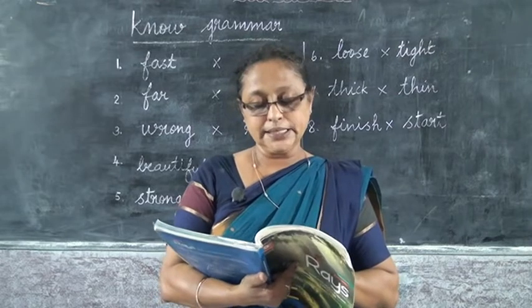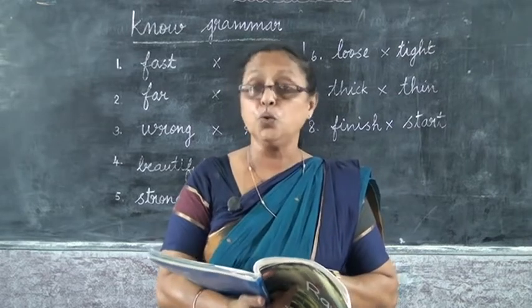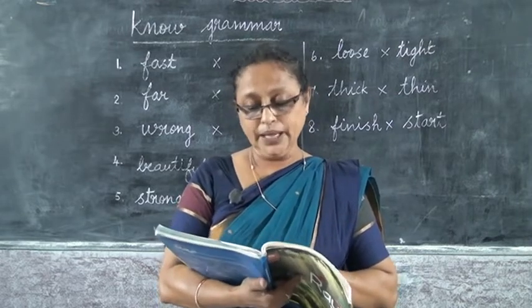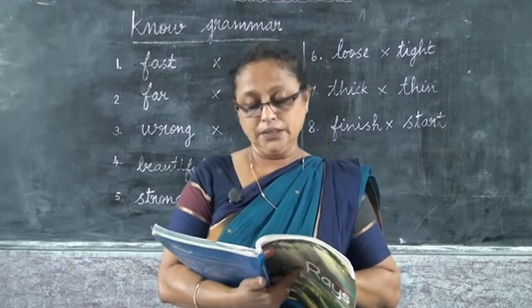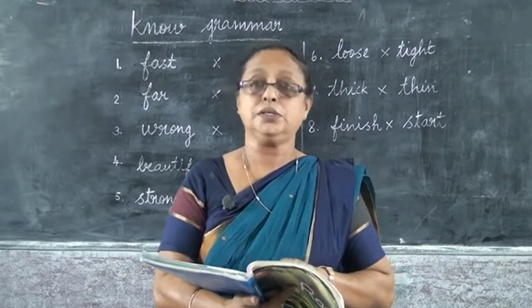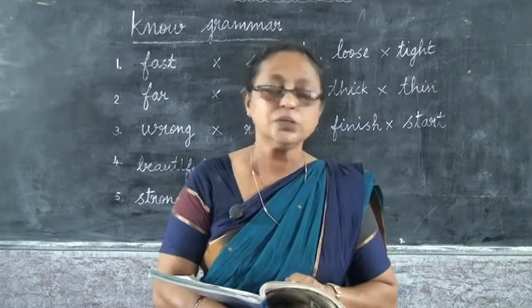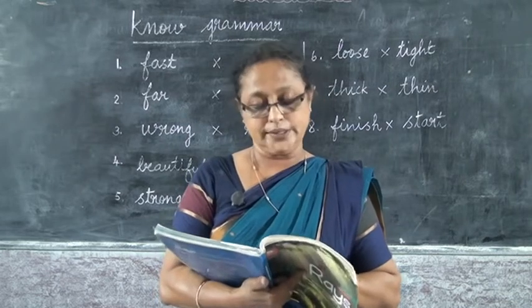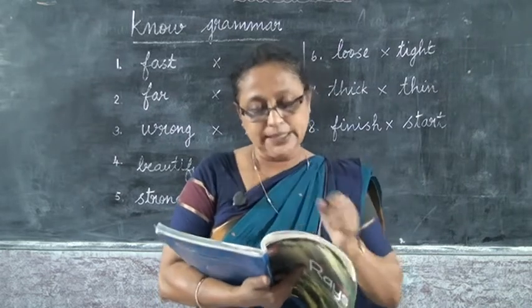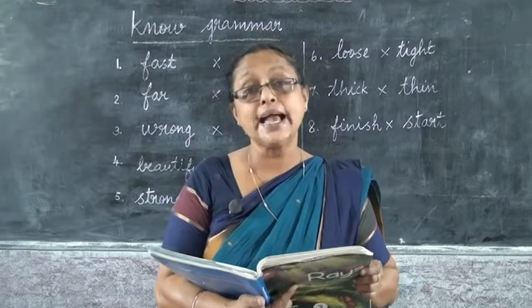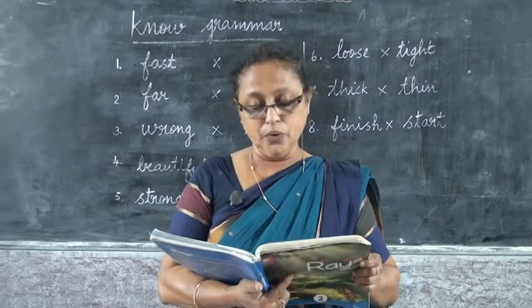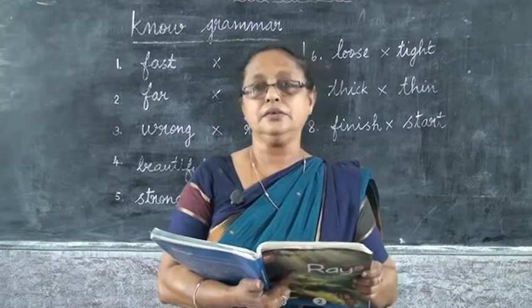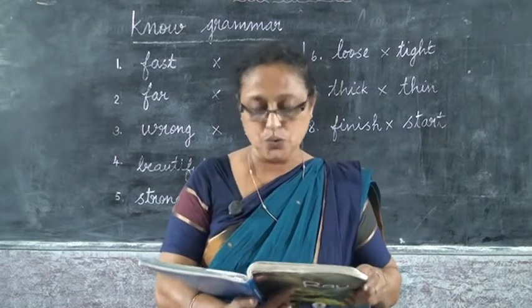So what can we say? False. Next, the fifth one. A whale is a huge animal. A hippo is also a huge animal. Therefore, whales are hippos. Whether whales are hippos? No. So that is false. Next, the sixth one. All birds can fly. An eagle is a bird. Therefore, an eagle can fly. True or false? Yeah, true.